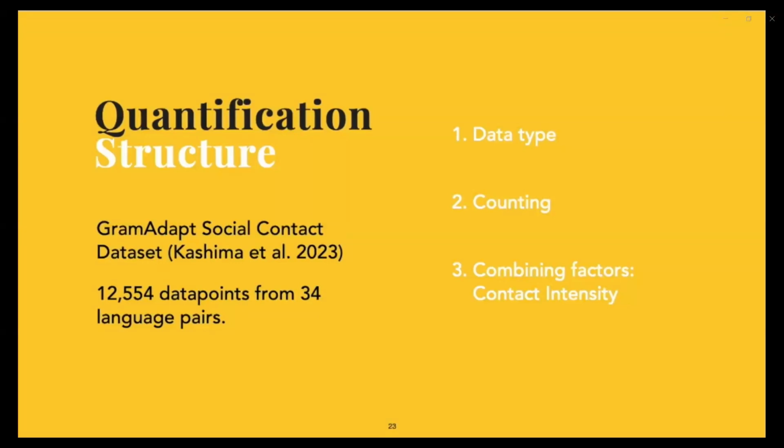It's open access. So in this quantification section, I want to demonstrate the results of this questionnaire, the kinds of things that are possible to investigate and what kind of things are not possible. So we'll first spend just a bit of time looking at the data type or the data structure that results from using the questionnaire, and then some results based on very simple counting, but still very informative, and then some potential of looking at slightly more complex forms of quantification. For example, if we wanted to numericize contact intensity, we might be able to do it in multiple ways through the responses to this questionnaire.